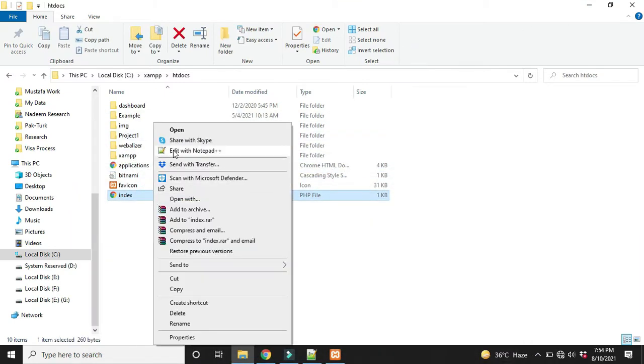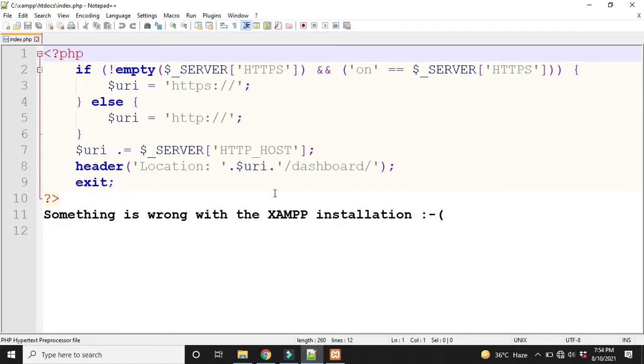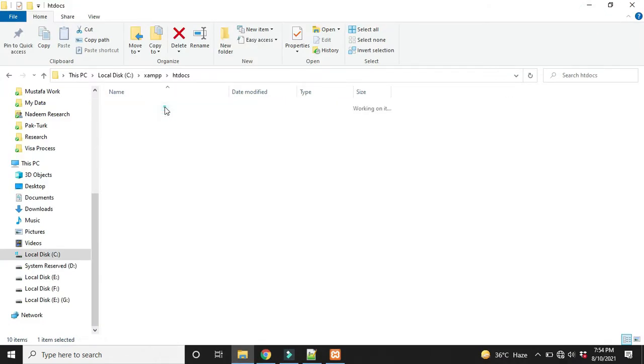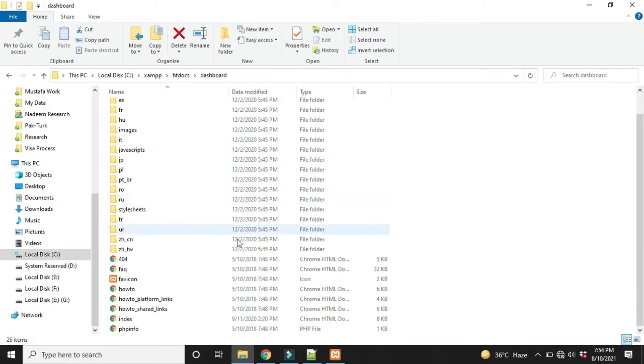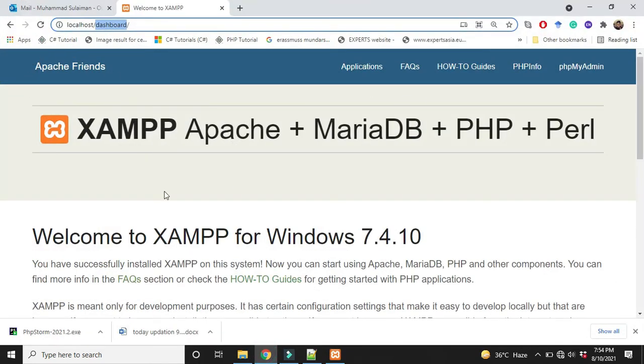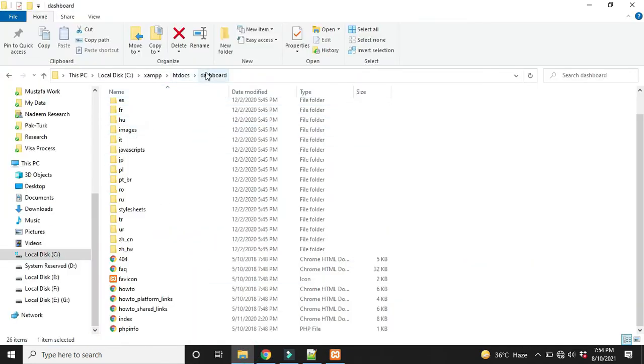Inside this PHP file it is written that whenever the user opens localhost in the browser, you have to open the dashboard folder. That's why it is opening the dashboard folder. There is a lot of code in the dashboard folder, and that's why this view comes in front of you.